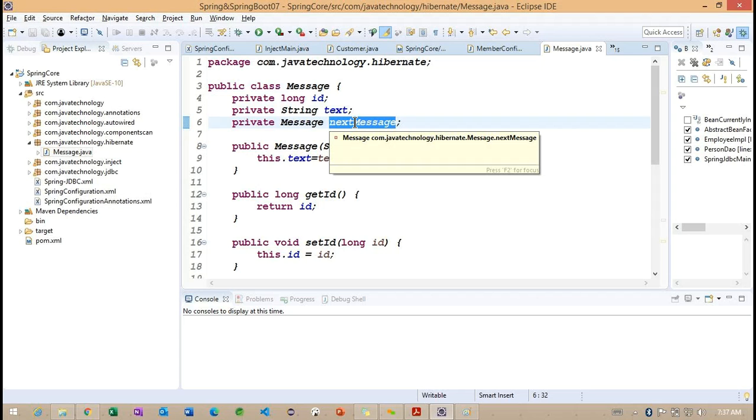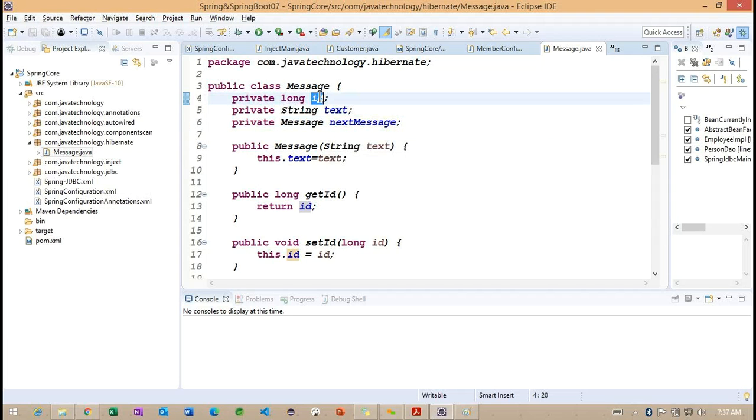So we need to understand here, basically, the application accesses the database. First we need to create the primary key value. So first we need to provide the primary key value, so that we can easily understand how this particular message is referencing another message here. The primary key, how we are going to access it here, using this particular long data type.